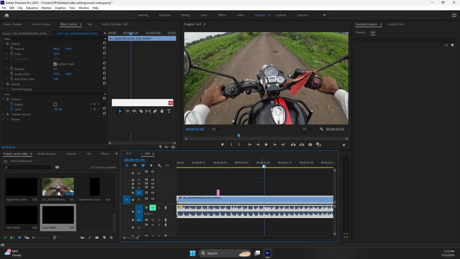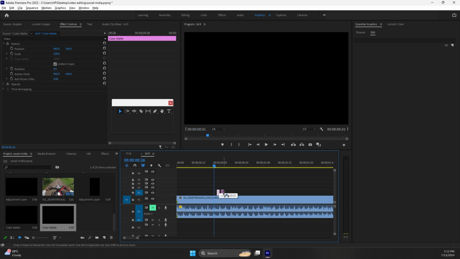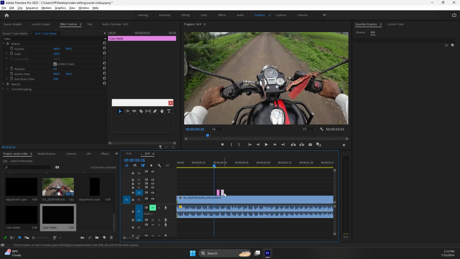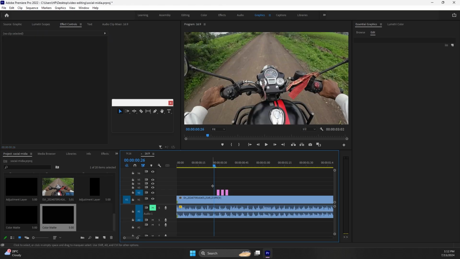You see? So let me copy multiple times. Control C for copy, or you can simply hold the Alt key on your keyboard and drag here. Do it multiple times. You can select all the